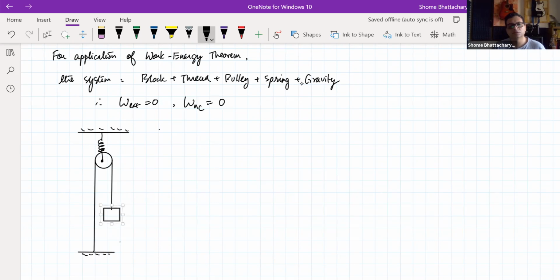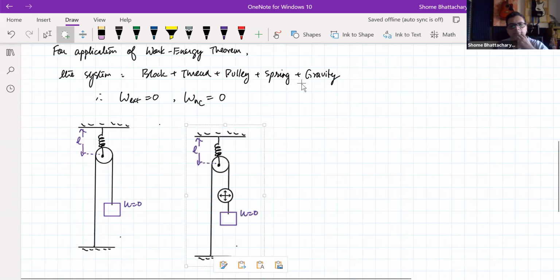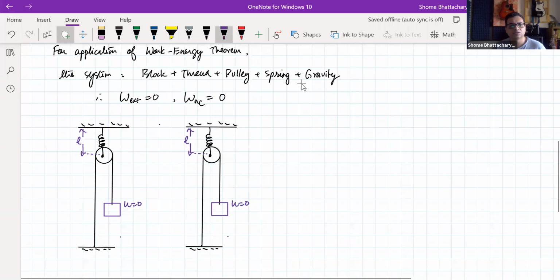Let's say a block starts from this position, and when it starts from this position, the spring is at natural length and the speed is 0. Okay. So now the moment this system starts moving, next up what we'll see is that after some time, so this was the situation at t equal to 0. Now at some new time, let's say t equal to t,